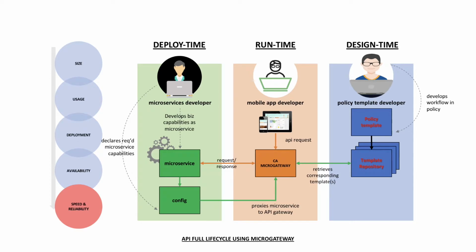Policy enforcement point is critical for microservices as more and more services leverage shared orchestration and security capabilities. The API can be deployed at runtime or deployment time. A CA Micro Gateway functions as an intermediary. The client needs to communicate only with the CA Micro Gateway, which then makes the necessary API calls and orchestration